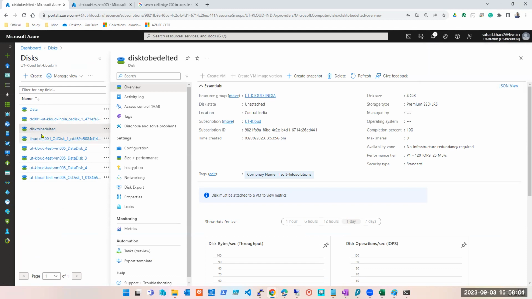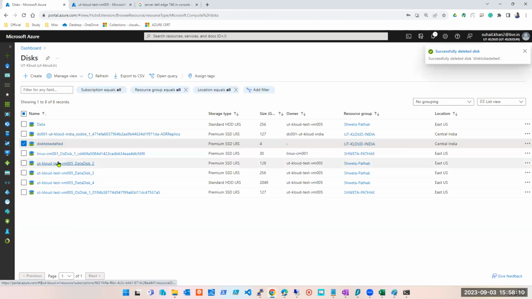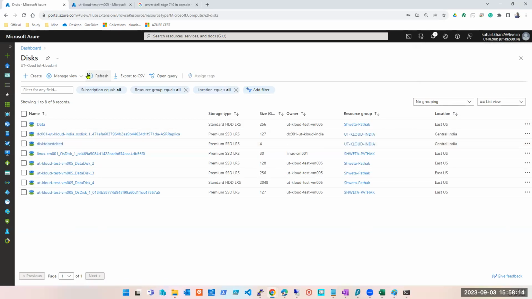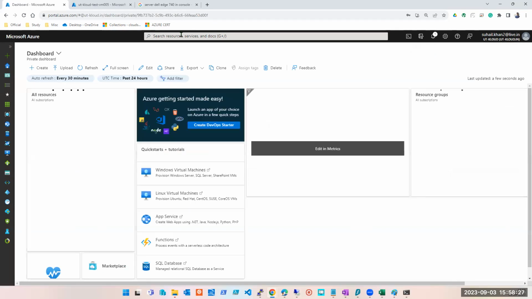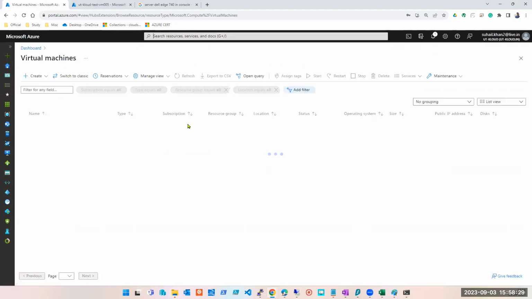No matter if it was connected to my machine or not, I'm paying for it because I have taken that much of disk from Azure. No matter whether I have data in that or not, I have taken that space, so I'm paying for it. Hence, I want you to delete it, which is not possible while the machine is running. So either you detach it and then do it. Okay. So one thing we know, we can add a disk, we can remove a disk for an existing machine,